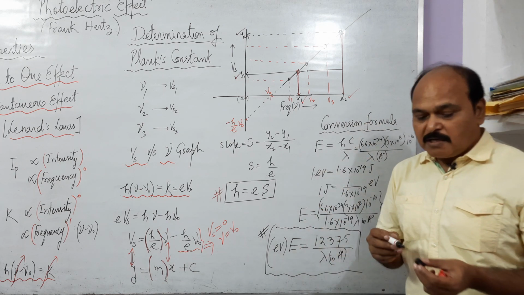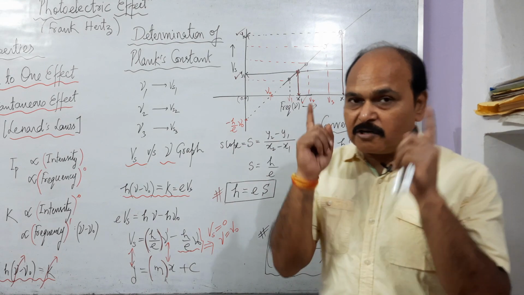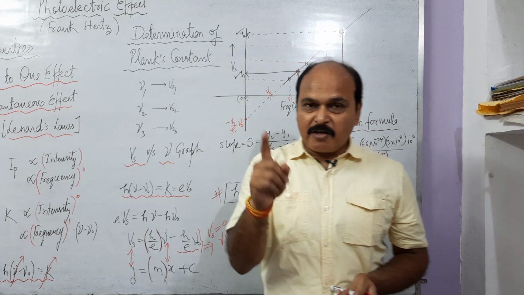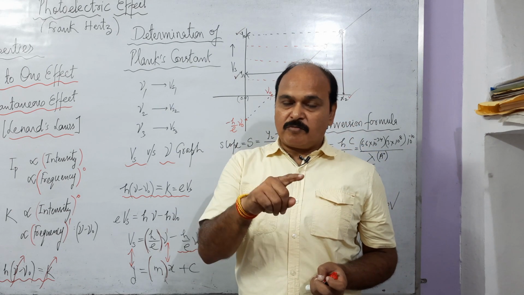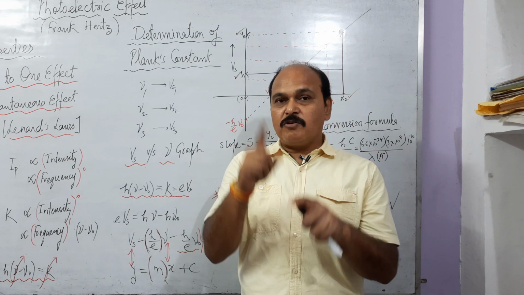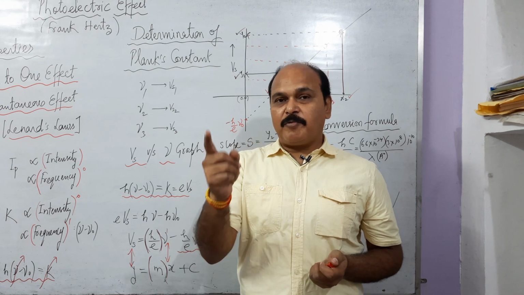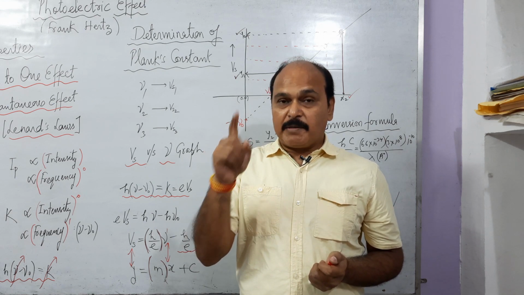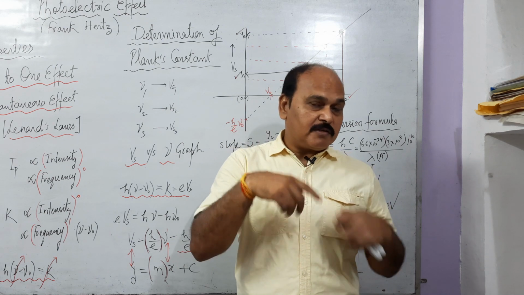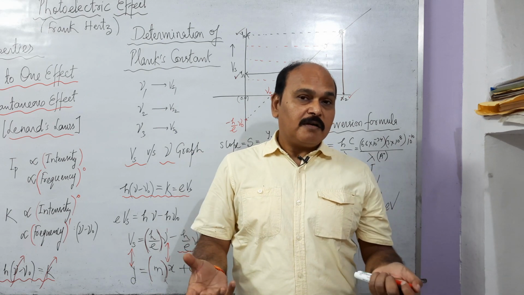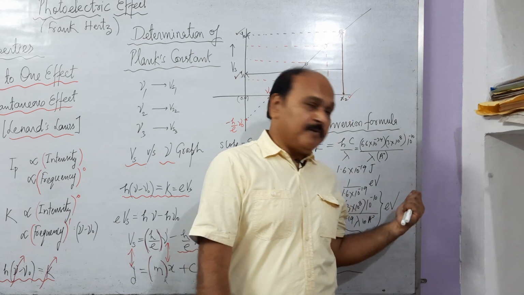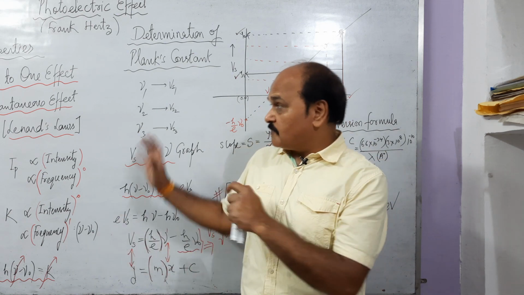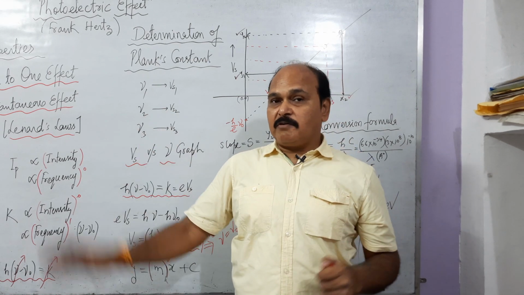And what is the formula? E, the energy of a photon in electron volt, is equal to 12375 upon the wavelength in angstrom, or the wavelength in angstrom is equal to 12375 upon the energy E of the photon in electron volt. But remember, energy is always in electron volt, and the wavelength would always be in angstrom. So this formula is going to help you a long way as far as the numericals of this particular chapter are concerned.